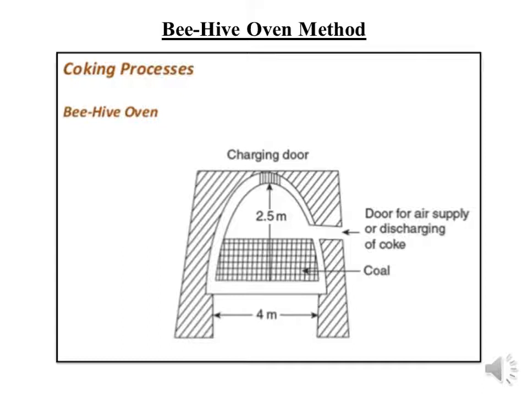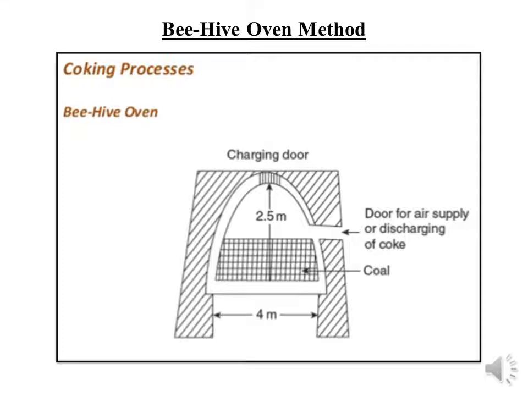The coal is charged through the top hopper and gets ignited. The carbonization proceeds in limited air supply. The time taken for completing this carbonization is 3 to 4 days. The hard coke is then pushed out and immediately quenched with water. The yield of coke is about 60% of the coal charged.